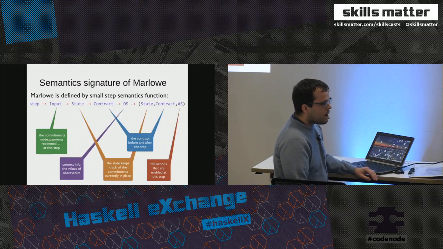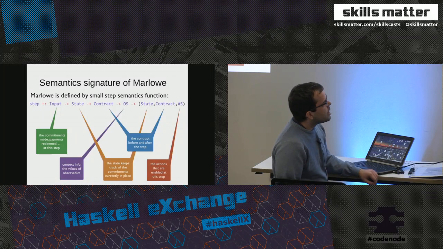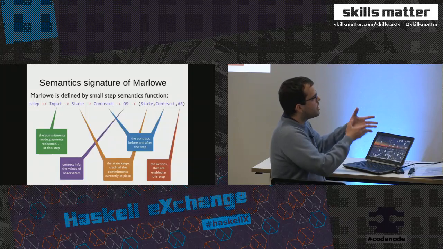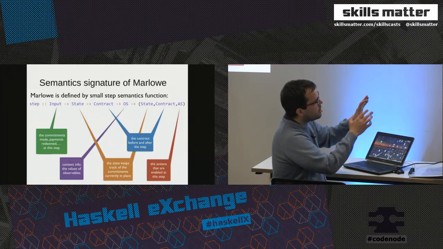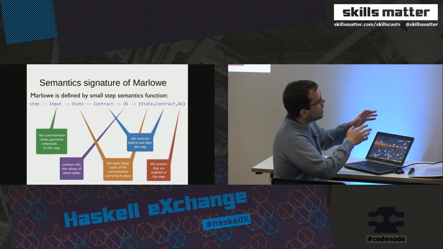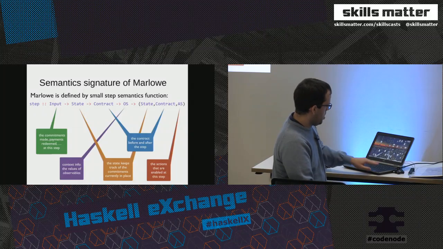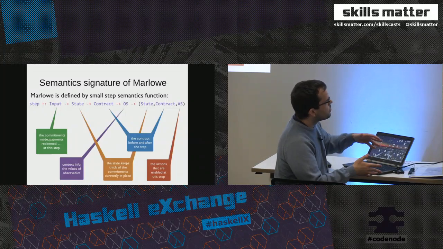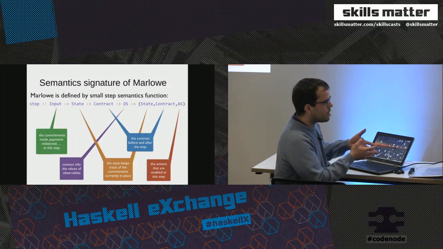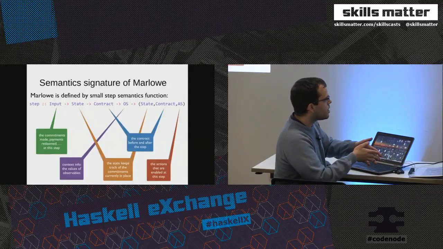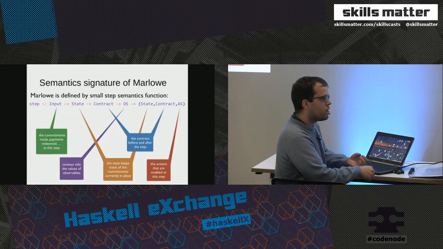The semantics of Marlowe are very simple, and they are defined as a function with this signature. It basically just updates a contract with its state, and it also takes inputs that represent the things that the users say to the contract, the payments that they make, the choices that they make.